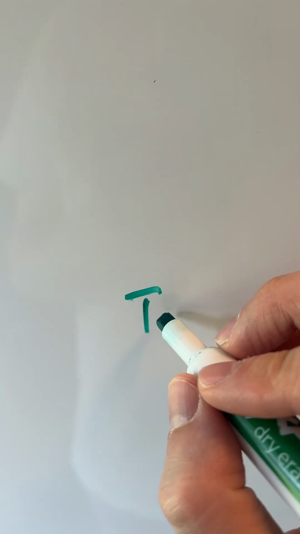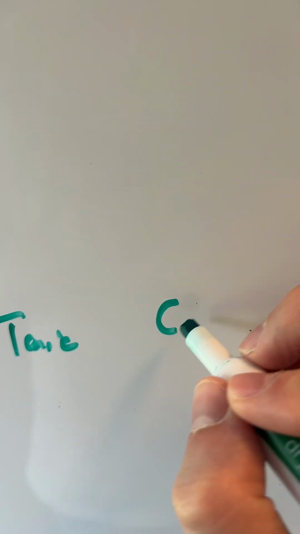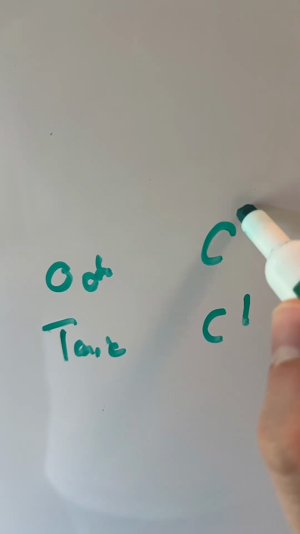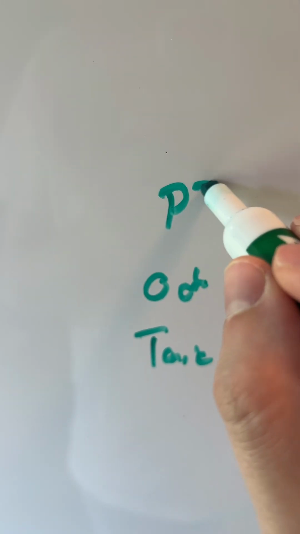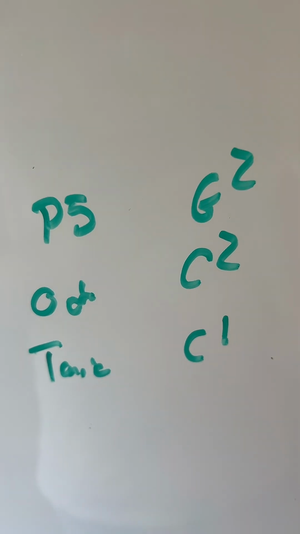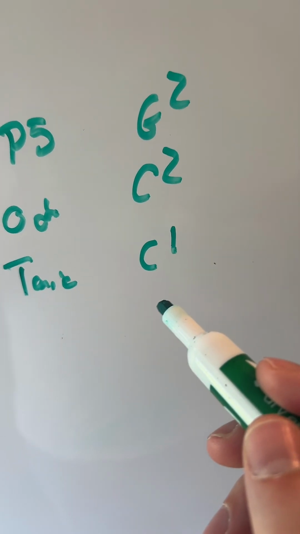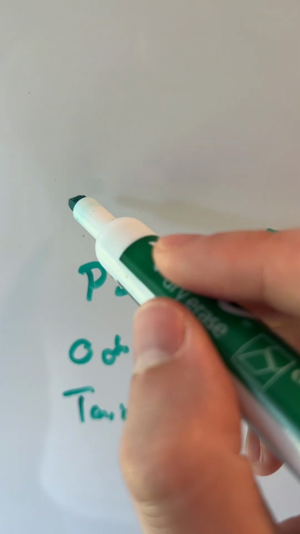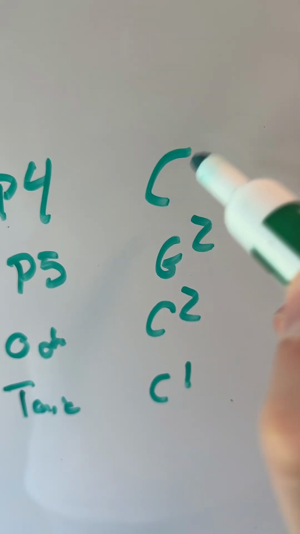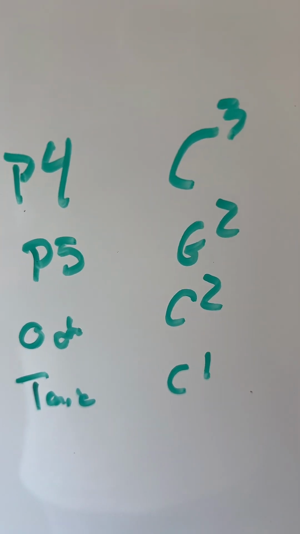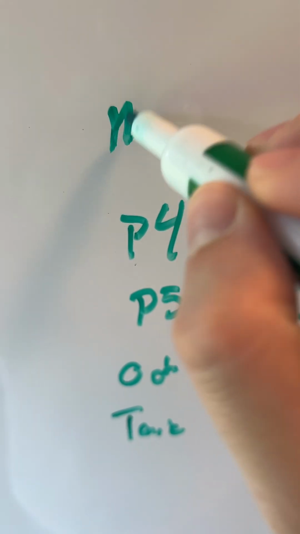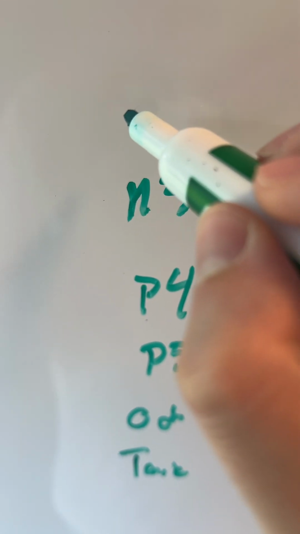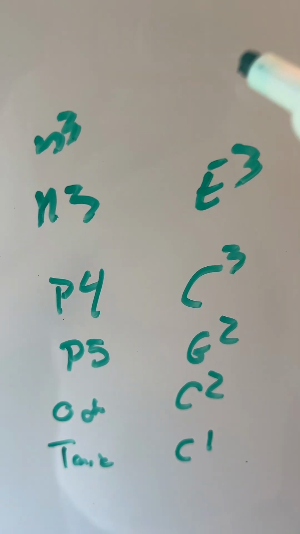So first, we just have a tonic, and we'll call this C1. From there, we go up an octave, so now we have C2. From there, we go up a perfect fifth, and now we have G2. By the way, this tonic could be anything. It could be like G4 if you wanted it to be. Anyway, from there, we go up a perfect fourth, which now we're back to C3. G to C is a perfect fourth. Then we go up a major third, so now we're at E3, followed by a minor third, which puts us